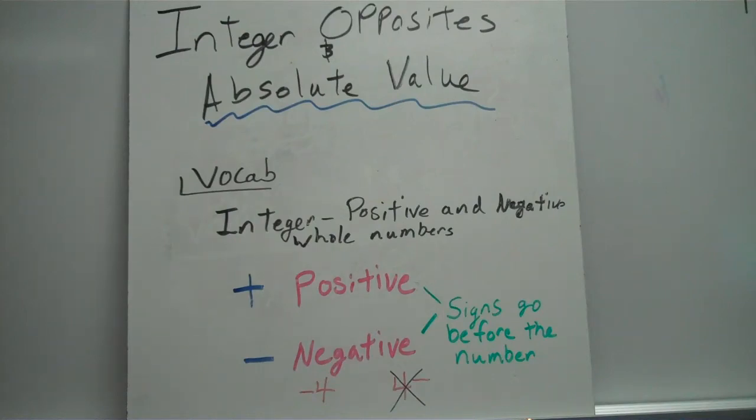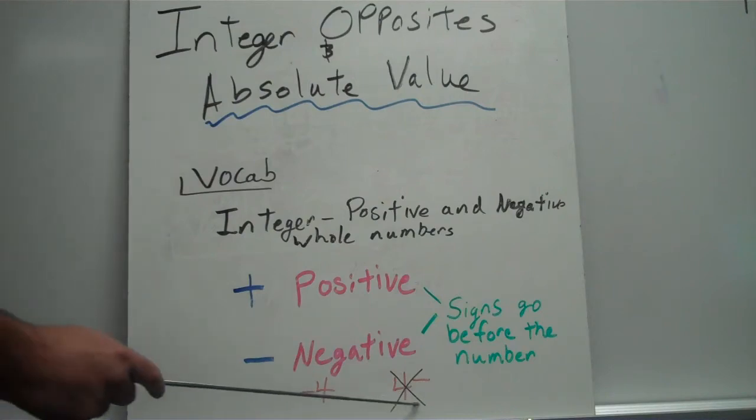Hey guys, today we're going to talk about integer opposites and absolute value. Vocab that we need to remember would be integer, which is a positive and negative whole number. And don't forget, we will use a plus sign to indicate a positive number and this dash to indicate a negative number. And remember that the signs go before the number, such as down here, so this reads -4,